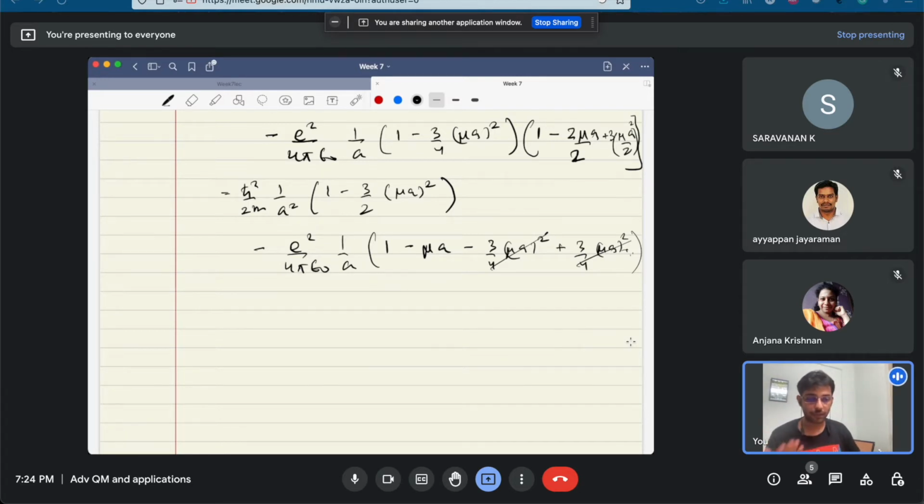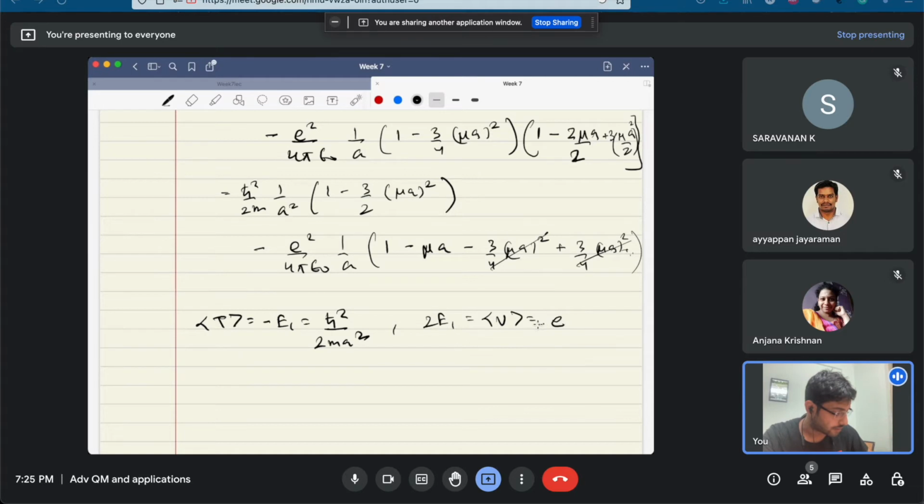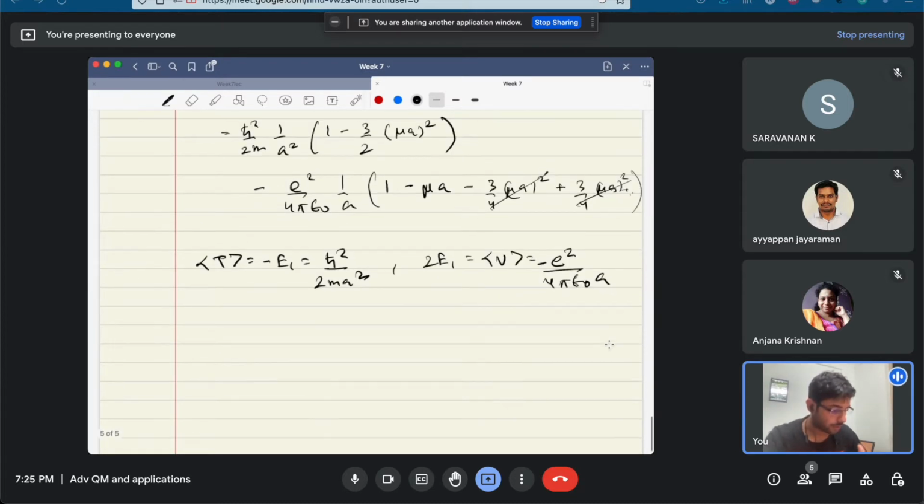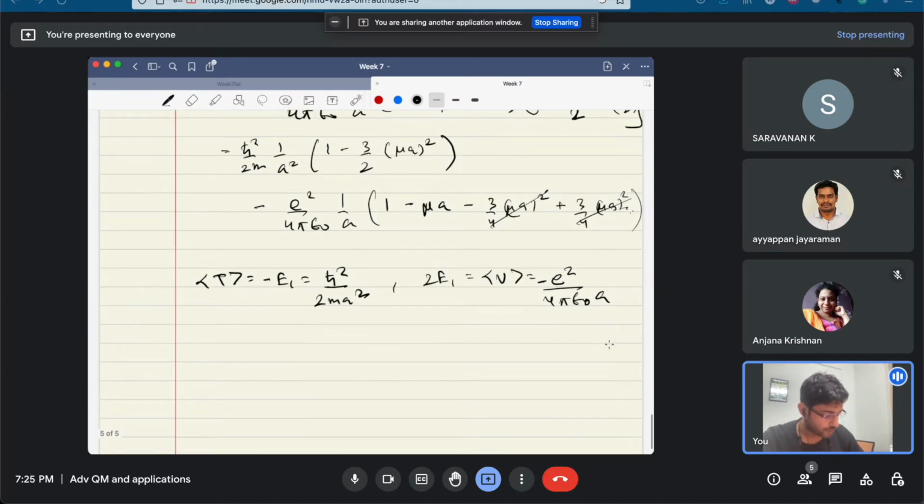the kinetic term and the potential term that I previously mentioned that you get from the virial theorem. So there you get your T as minus E1, h square by 2m a square, and you get 2 E1 as your V, which is nothing but minus e square by 4 pi epsilon naught a. This you get from the virial theorem applying on the hydrogen atom. Okay, so you substitute these as the E1 wherever this is possible. So what you end up getting